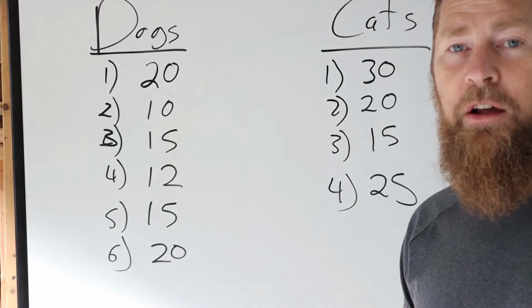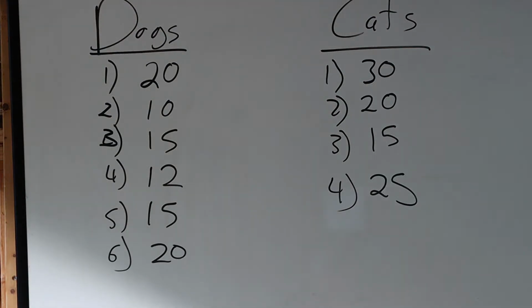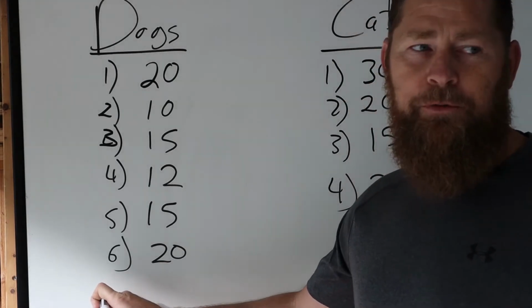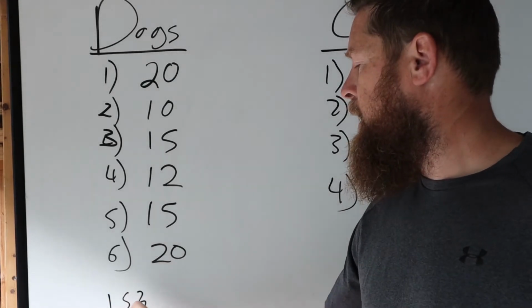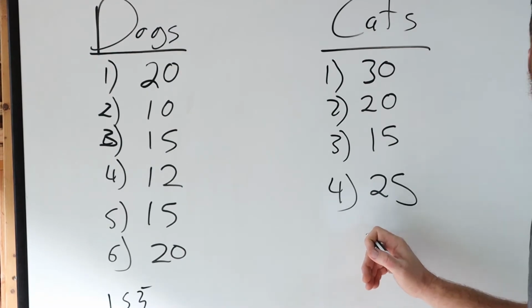All right, so we figured out our sum of squares for each group. Well, we also figured out the mean for each group, right? This is 15.3 with a line over it. And this one was,